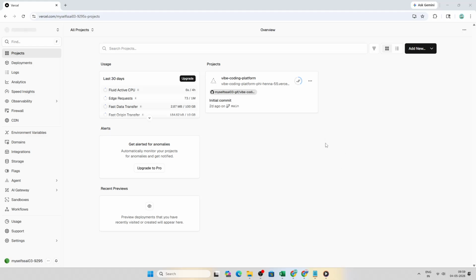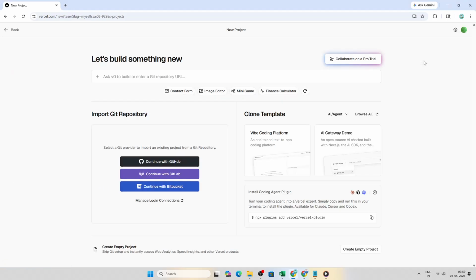In today's video, I'm going to teach you how to import Git repository in Vercel. We'll start right inside the Vercel dashboard. Make sure you are signed in so you can access your projects and settings. From here, look to the top right corner and click Add New. Then choose Project. This is where you connect your code to Vercel so it can build and host it for